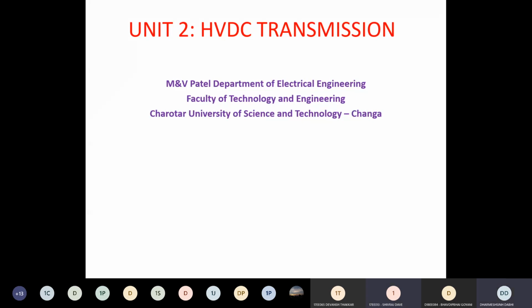No, this is not a problem. You can say the power control, if you require control of power, is not completely possible in the HVAC lines, power flow control. Clear? Whereas in the HVDC line, by controlling the converter, you can control the power in an effective manner. In the HVAC line, you can control the power, but not that effectively during the disturbances or during the fault conditions. Clear?